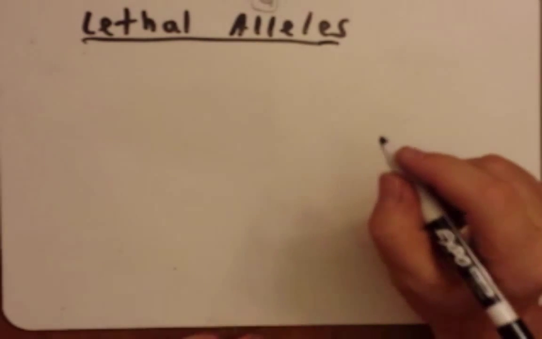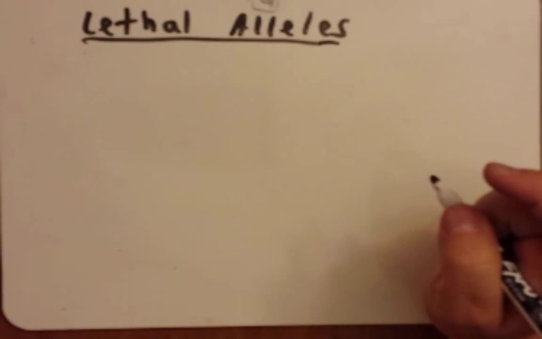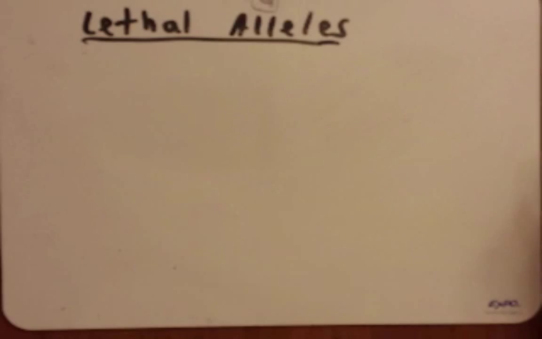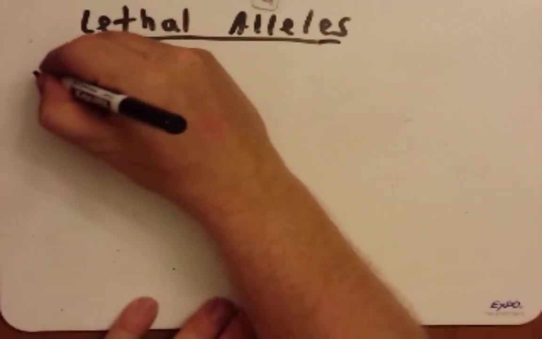So how do you detect, or how would you predict lethal alleles? Well, let's talk about an experiment that was first done that described lethal alleles for the first time. So there was a scientist in France, his name was Cuénot, you don't really need to remember his name, but he was studying mouse coat color. And he was trying to get a pure breeding strain of a yellow coat color, and he could never get it. So he would take a yellow mouse,